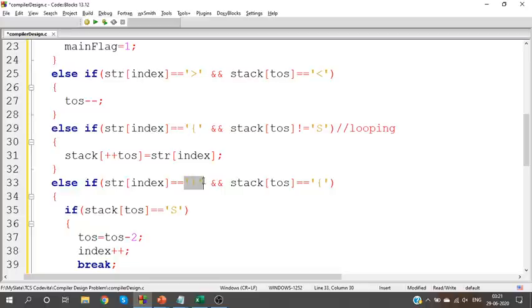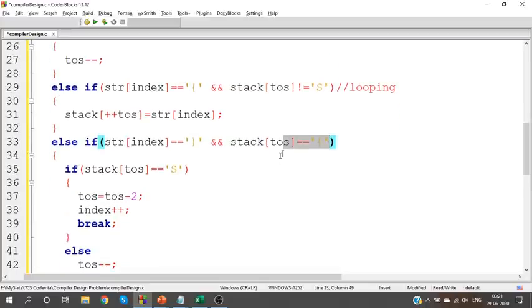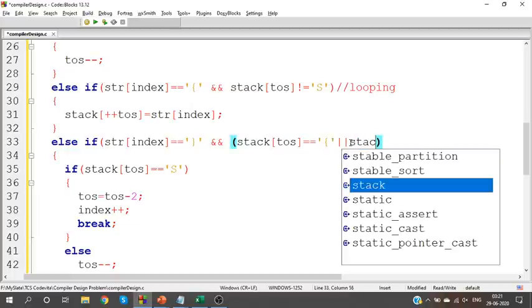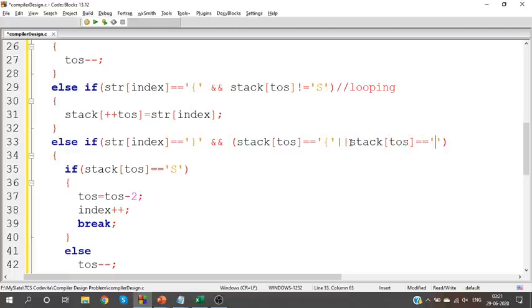So when I see a close bracket, see whether it is the matching open bracket. It could be the matching open bracket, or it could also be, see, for curly bracket alone we will have two cases, right? What are the two cases? We can either have a matching open bracket or we can have the character yes. Right, either it's a looping bracket or it is a starting bracket.